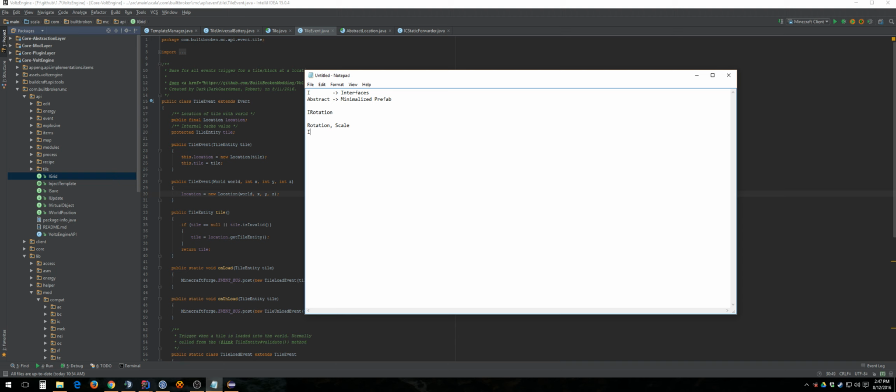Where it could have been I rotation, I scale. So instead of saying interface in front and wasting a couple seconds of that guy's time reading it out, it could have gone I rotation, I scale, I movable, I blah 1, I blah 2, I blah 3. And that's quicker, and that helps that guy out. That's one extra character, and you save somebody multiple seconds. And this works for everything.